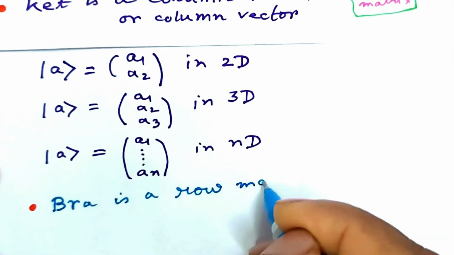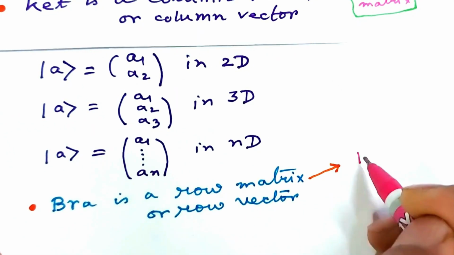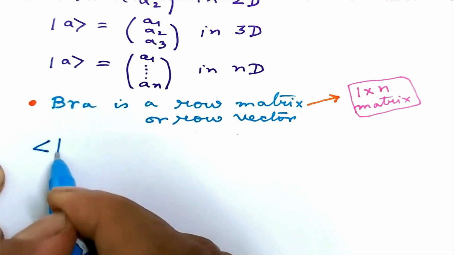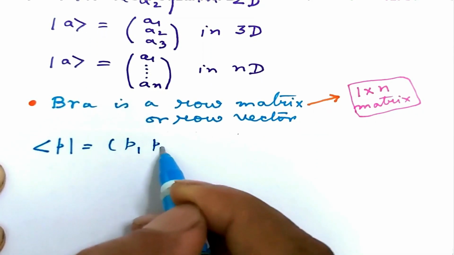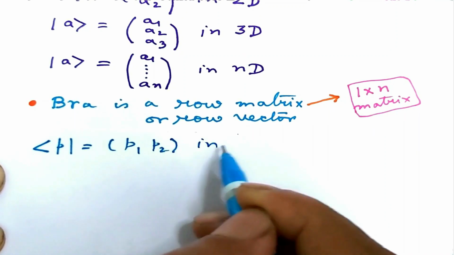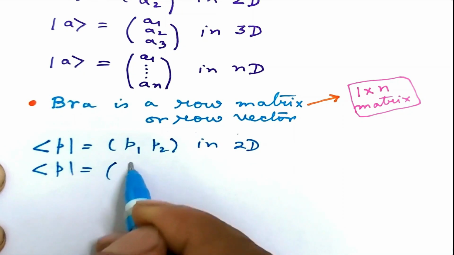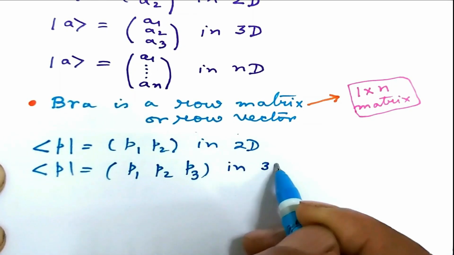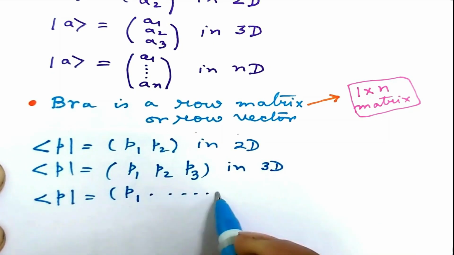Bra is a row matrix or row vector consisting in general of one row and n columns. We can write bra P as 1 cross 2 row matrix P1, P2 in 2D or 1 cross 3 row matrix P1, P2, P3 in 3D or 1 cross n row matrix P1 to Pn